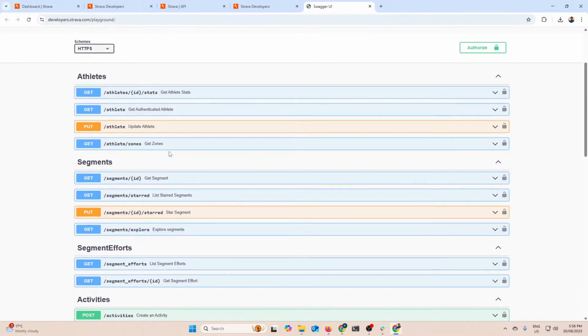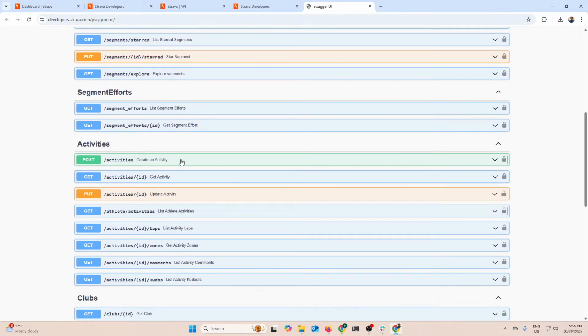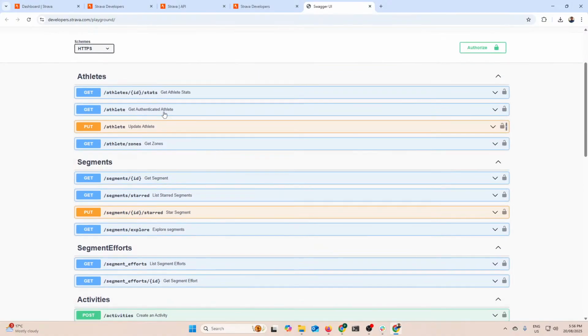But what are we going to be doing? I think we're going to be looking at an activity. Oh no, we're going to be looking at an athlete. So we're going to get the data for an athlete. And you see here it tells the different sorts of things that you can do, either a get request or a put request. So the put you could actually use to update an athlete's data,